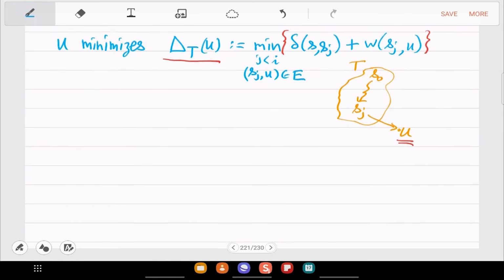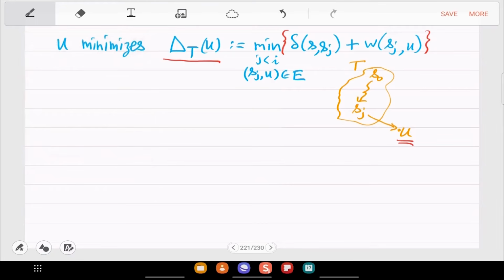Is this clear? So full statement is that once you have reached Si minus 1 in your shortest path, the Si will be chosen as the vertex U that is nearest to the tree, which means that this expression, so you go from S0 to Sj, that the distance you know, and you add the edge weight from Sj to U, this should be minimized.